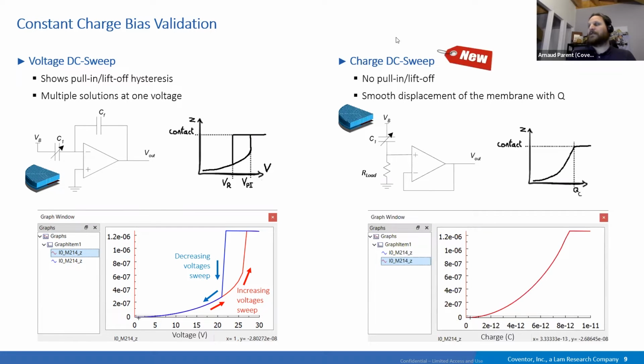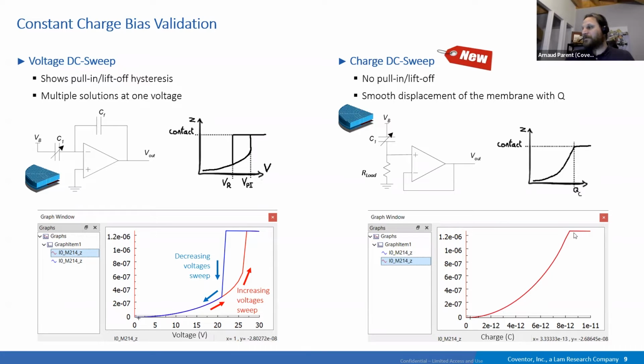And something new, because this study was not possible before with MEMS Plus, because you were not able to apply charge. If you apply charge directly in between two electrodes of a plate capacitor where the membrane can move, you are also applying electrostatic force. So charge and voltage will both apply electrostatic force. But when you apply charge, it's a different way of applying electrostatic force, and basically it's different. This time you will see a continuous displacement of the membrane up to contact, and it's not the same highly nonlinear and catastrophic contact you see after a value.